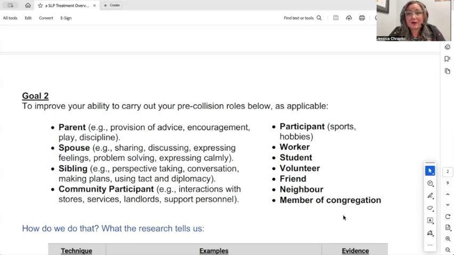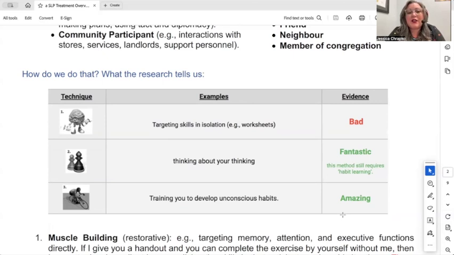Returning to church is an important goal as well, but it can be really challenging due to the acoustics and overstimulation, especially for clients with sound and vision sensitivity. How do we accomplish these goals? The research tells us